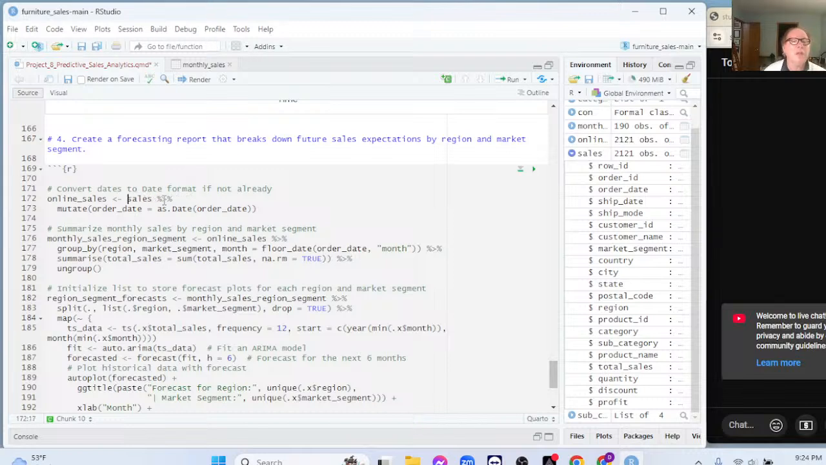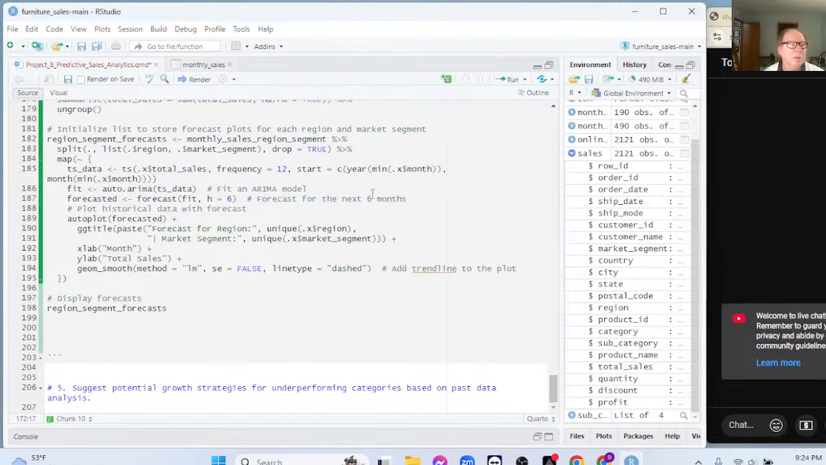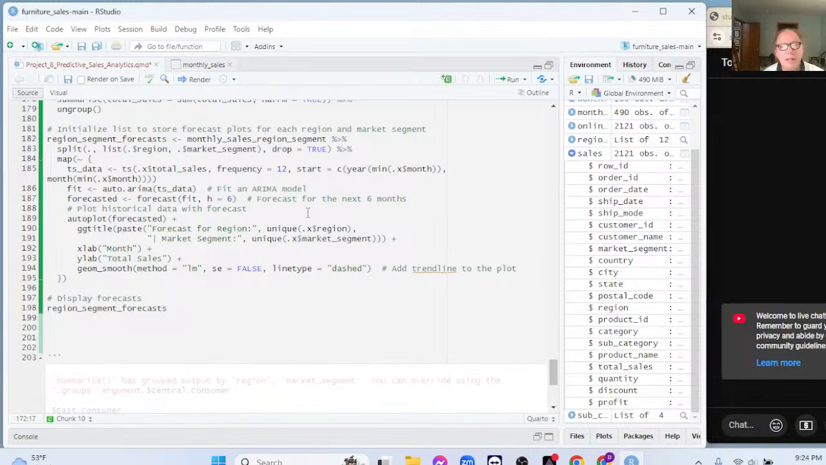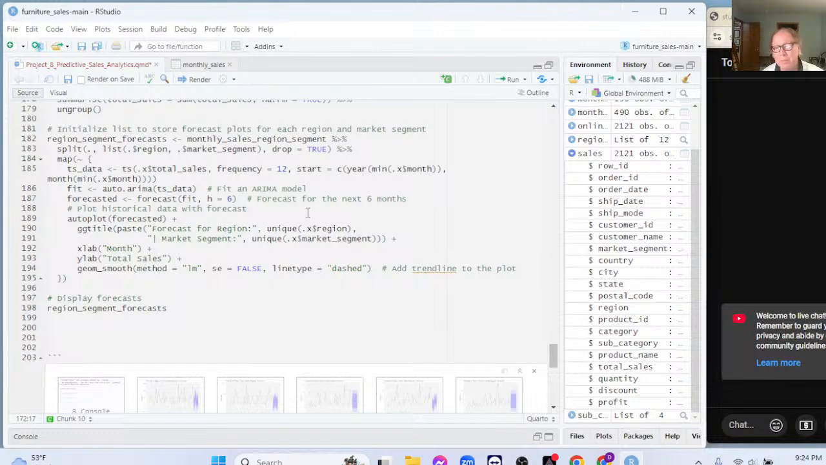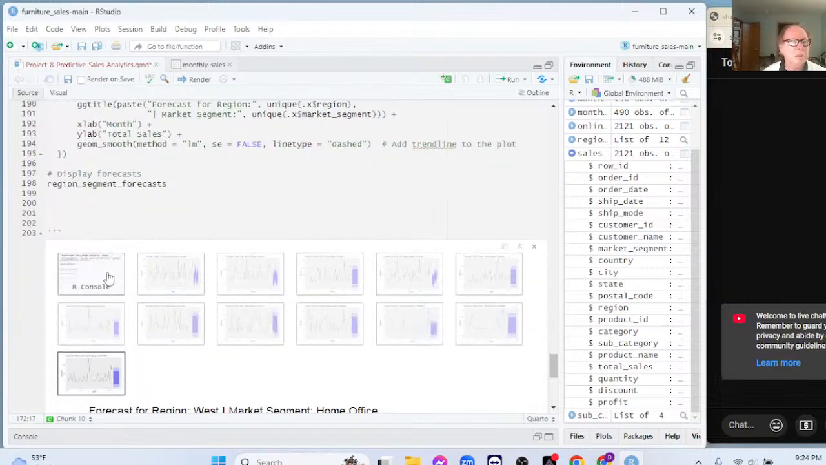And again, we're looking for forecasts by region and market segment. Yeah, I have to say that ChatGPT has really upped its game as far as our program. It used to take a couple of tries. It was really good with Python, really good with SQL, but it's still a little trouble with some of the